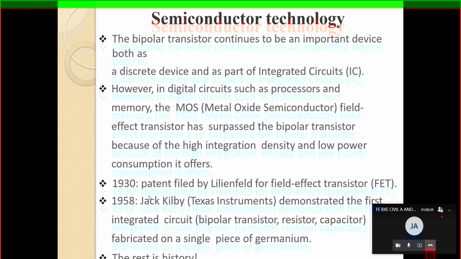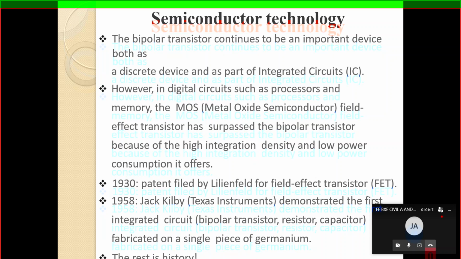In the year 1930, a patent was filed by the scientist Lilienfeld, and this scientist is credited with the field effect transistor, FET. Then in the year 1958, another scientist, Kilby of Texas Instruments, demonstrated the first integrated circuit. First integrated means a bipolar BJT transistor, resistor, capacitor, and all these electronic components were fabricated in